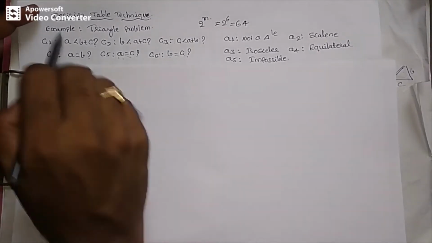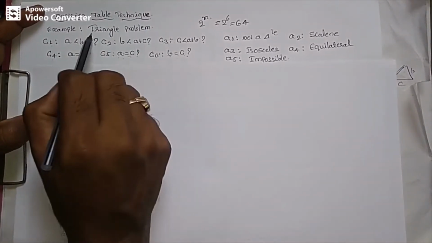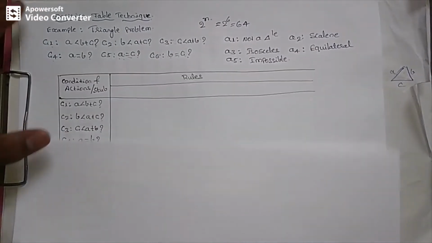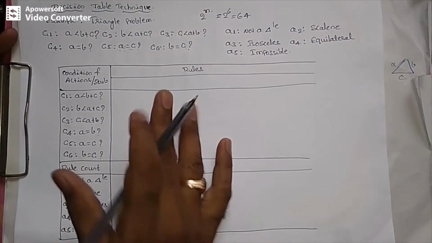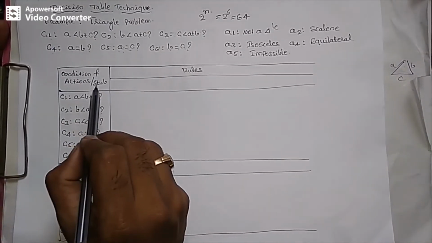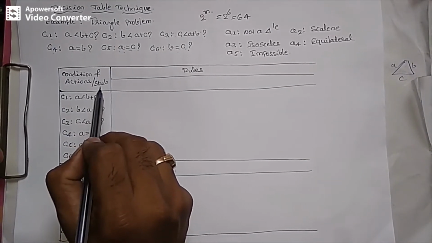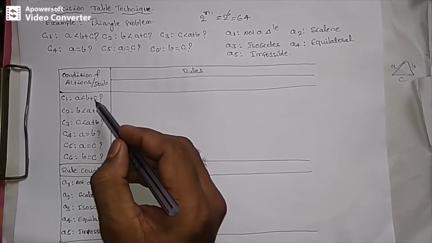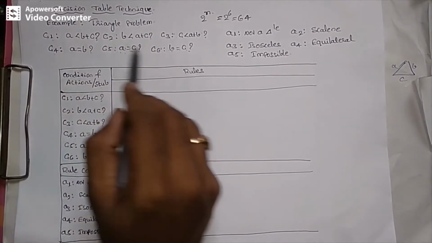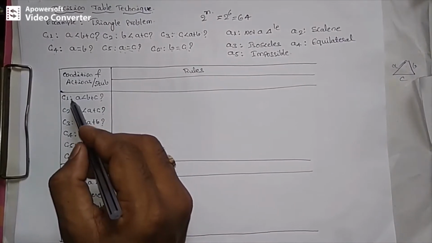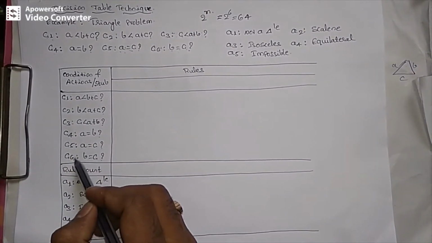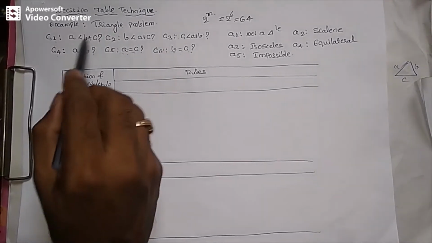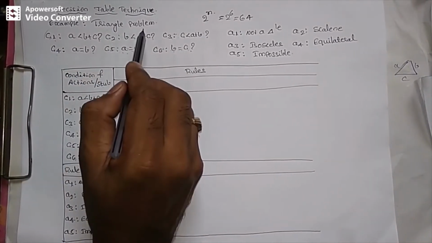Now we will draw the decision table for the triangle problem. All of us know from the earlier video how to draw a decision table. The decision table includes the stub portion. The stub portion includes the conditions and actions. I have written the conditions that I explained earlier; all of those conditions have to be listed here: C1, C2, C3, C4, C5, and C6. In total there are 6 conditions for the triangle problem.